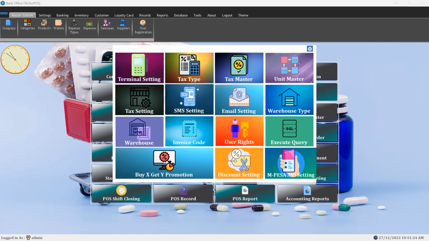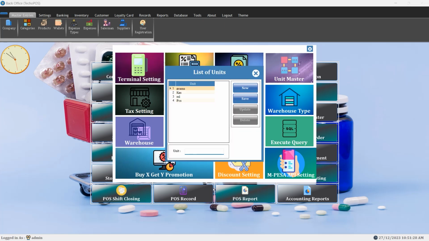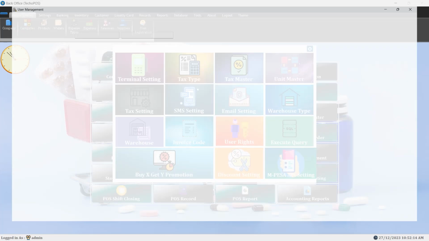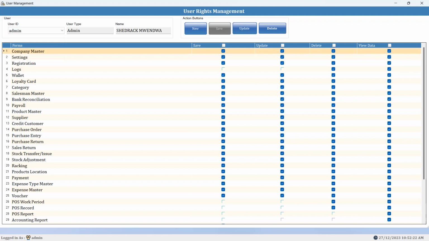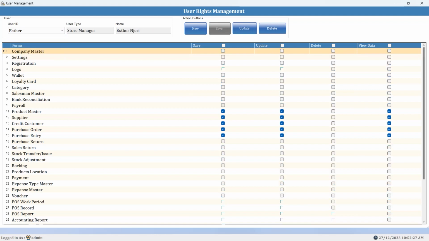Then we have the unit master. This is the unit of sell and purchase: pieces, cartons, grams, packages, pairs. You can also assign user rights using the system from here. You just go to user rights, select the user. If, for example, for the admin, I have all the rights. You can go maybe to Esther, because you can see the ones which are ticked are the rights which she